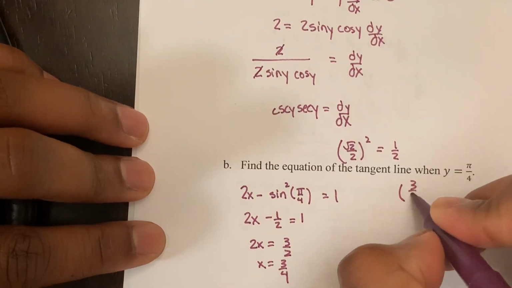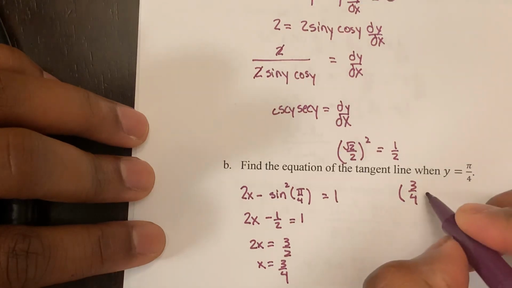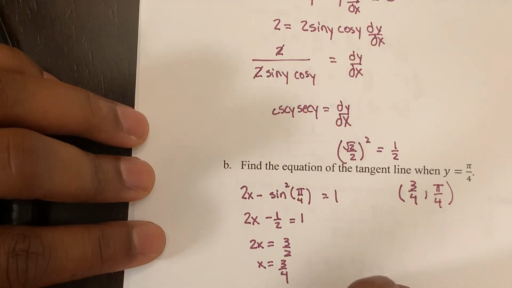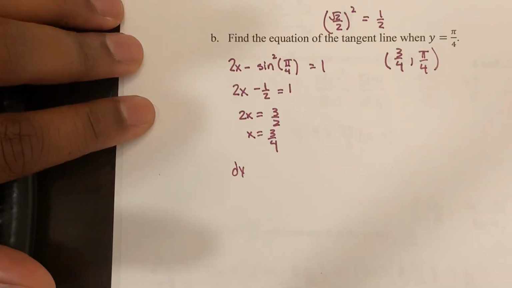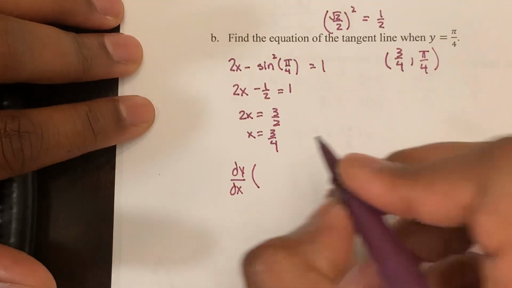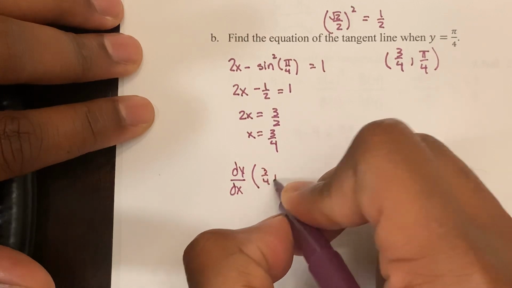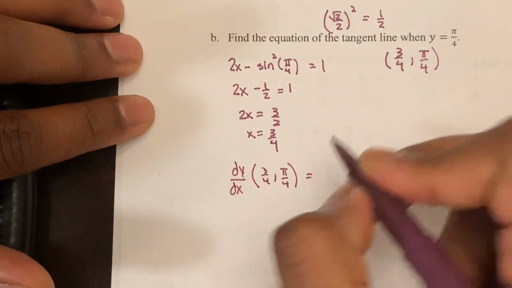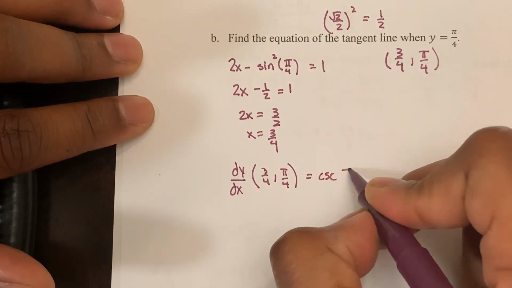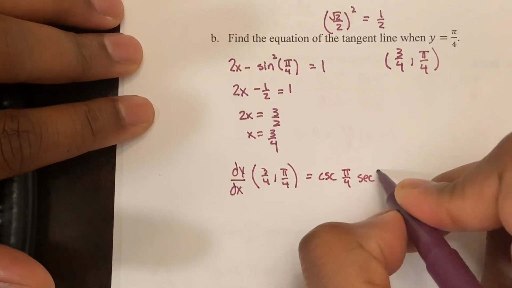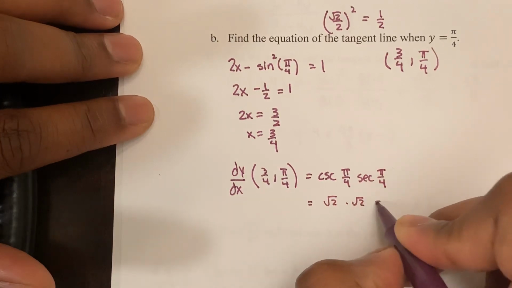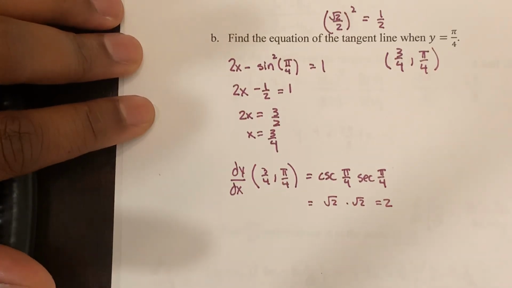So the point that we have is 3/4 and pi over 4. And then for the slope, we need dy over dx at the point 3/4, pi over 4. But since we know the derivative is just cosecant y secant y, that's going to be cosecant pi over 4 secant pi over 4, which is square root 2 times the square root of 2, which equals 2. So